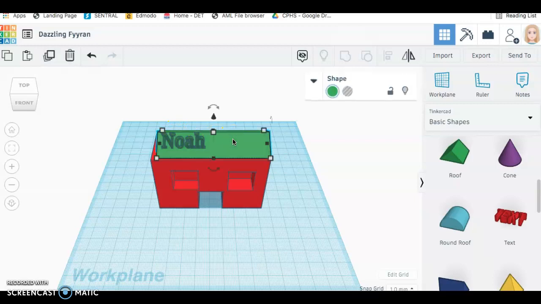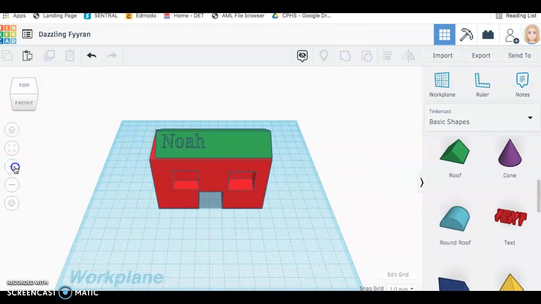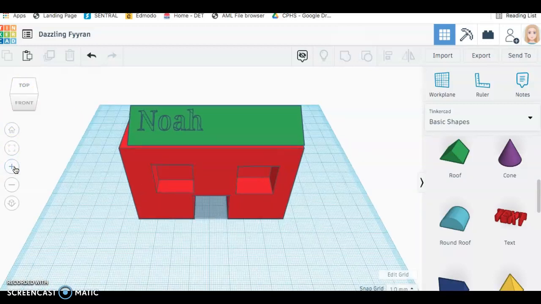Again, you click your roof shape, hold shift down, click your Noah, group it, and it's cut Noah into your roof. Not sure if you can see that, but I'll zoom in. Yeah, so it's cut it out. Cool. Okay, well, if you have any questions,